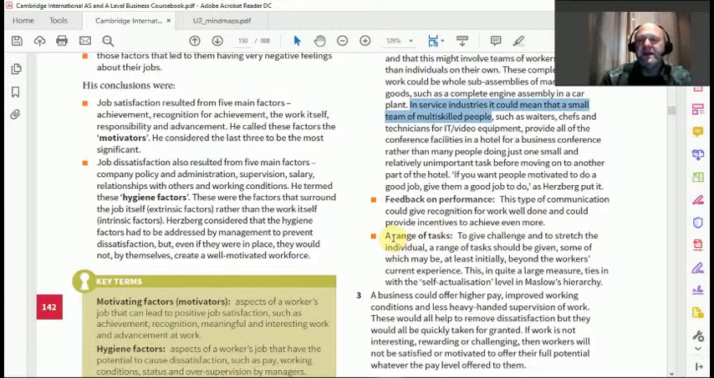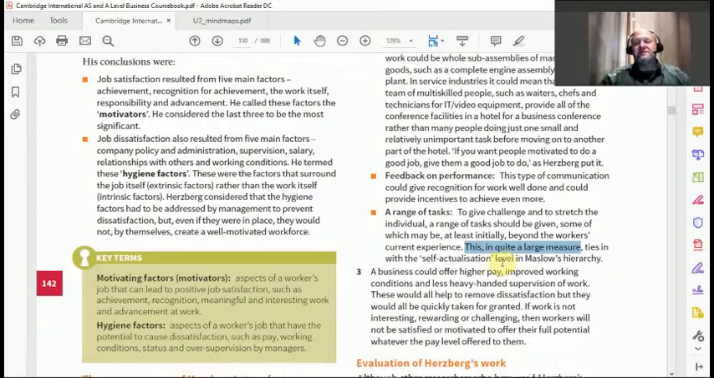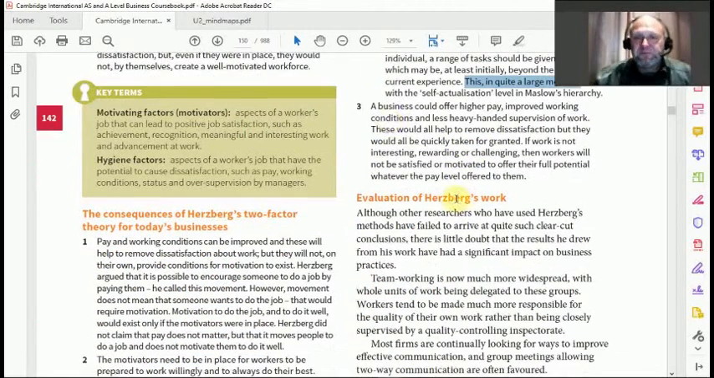A range of tasks. So this is all about job enrichment, remember? Okay, so feedback on performance, a range of tasks to give challenge, and to stretch the individual. A range of tasks could be given, some of which may be at least initially beyond the worker's current experience, and challenge them, stretch them. This ties in with the self-actualization theory of Maslow's hierarchy of needs. Then, thirdly,